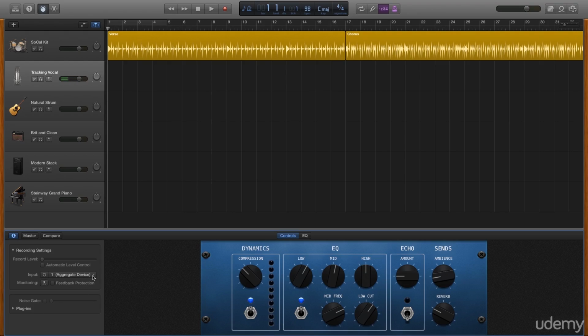Here you can also change the recording level and select monitoring. Monitoring will allow you to hear yourself back in your headphones or back in your speakers. Now, it's suggested that if you're using monitoring, you should use headphones, because if you're playing back through your speakers, the microphone can actually pick up the sound from the speakers and create feedback. You can select feedback protection to try to help it, but the best recommended practice is to use headphones whenever